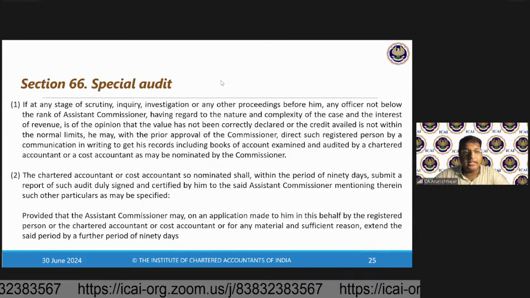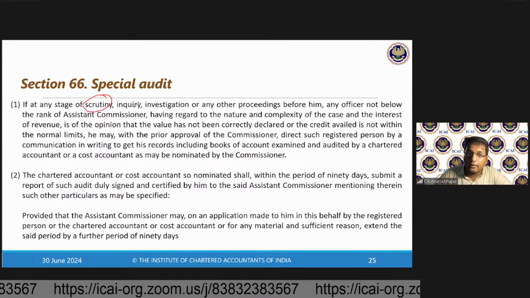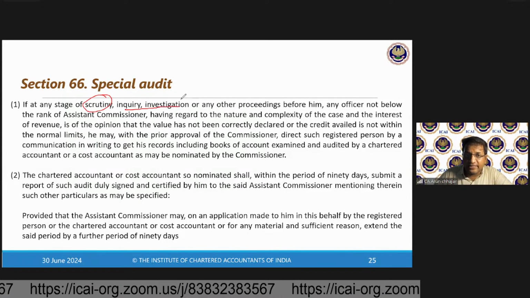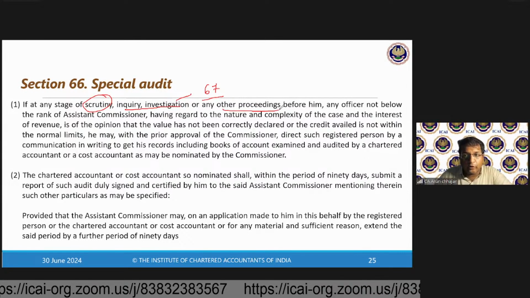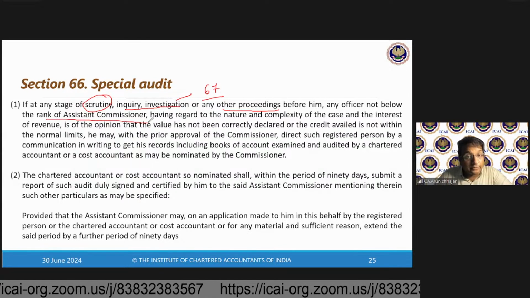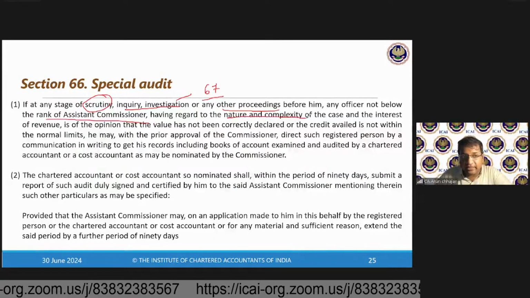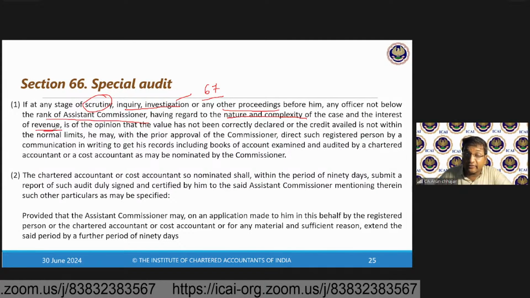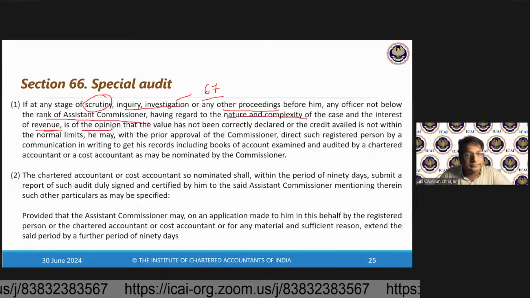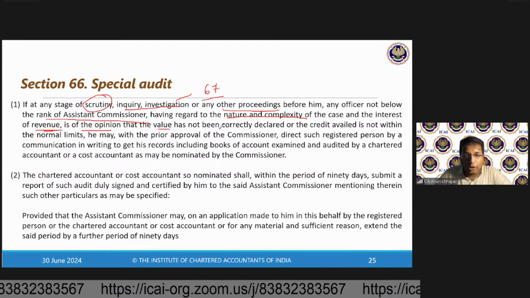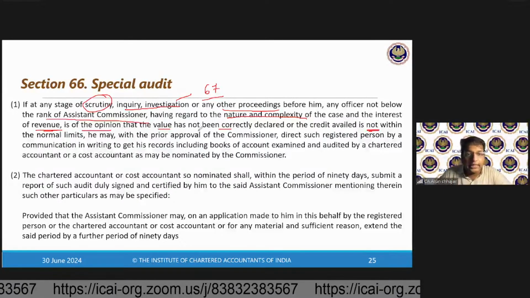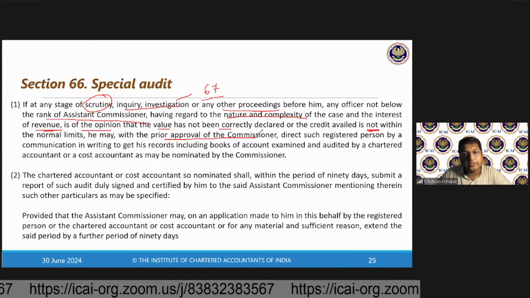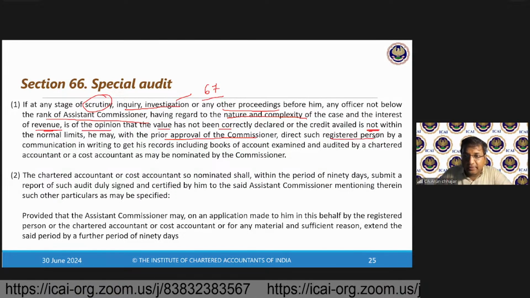Section 66, special audit. If at the stage of scrutiny under 61, which we have discussed, or inquiry, investigation, which we will discuss in 67, the next topic, or any other proceeding before him, an officer not below the rank of Assistant Commissioner, having regard to the nature and complexity of the case and the interest of the revenue, meaning the government's interest, government's benefit, government's revenue loss, is of the opinion that value has not been correctly declared or the credit is not within the normal limit, he may, with the prior approval of the Commissioner, direct that the registered person